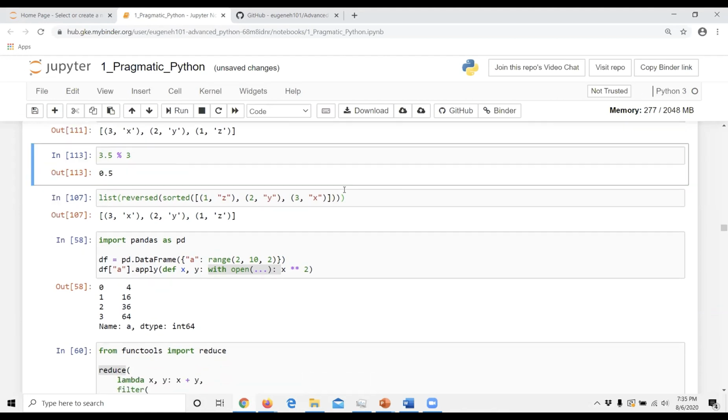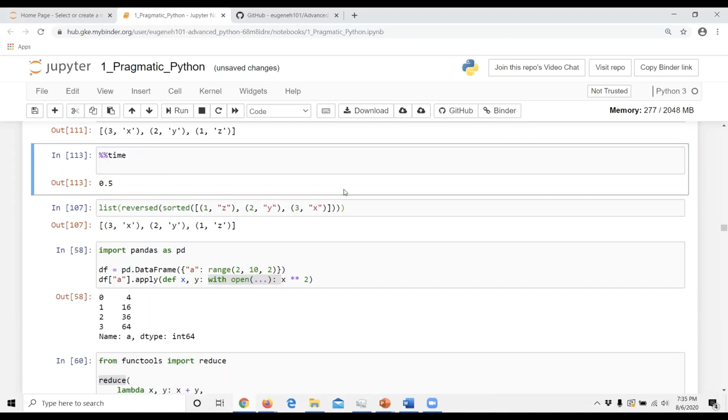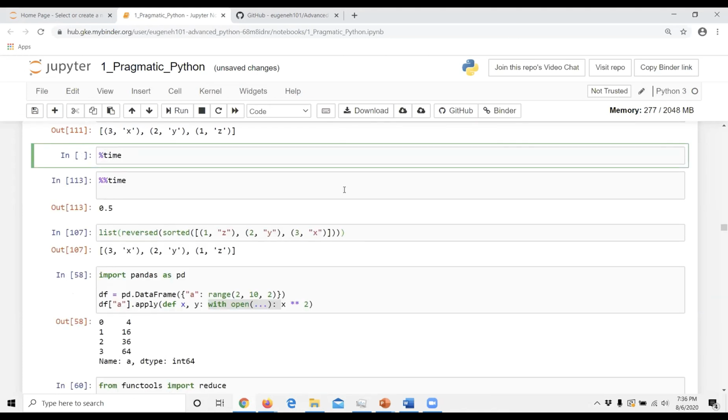Yeah, I'm actually talking about the wall time and the CPU time. Oh, I see. Yeah, you have a difference between one and two percentages. Yes. Thank you for the clarification. The percent signs are not Python operations. These are Jupyter notebooks. They're also valid in IPython, but not pure Python itself. So one percent sign is an inline timer.